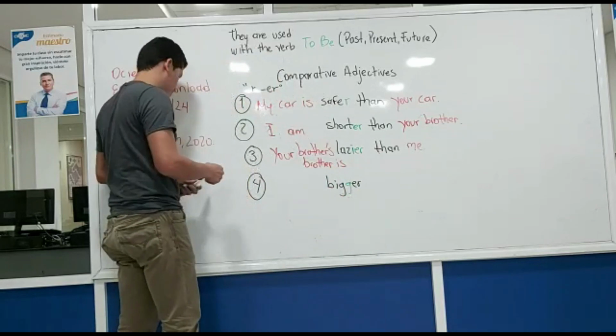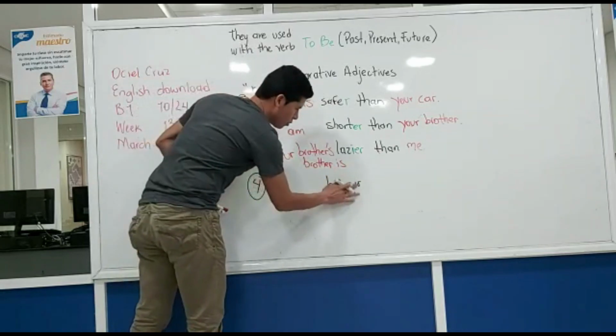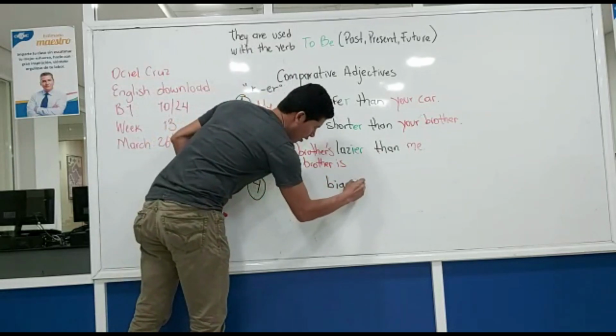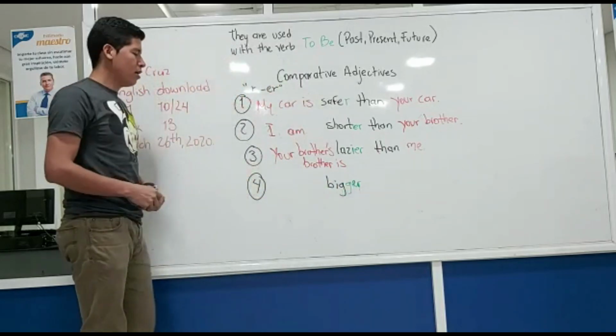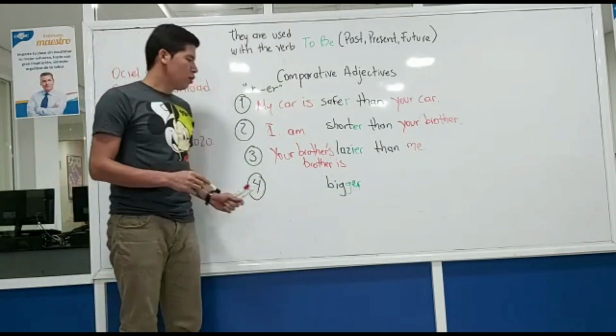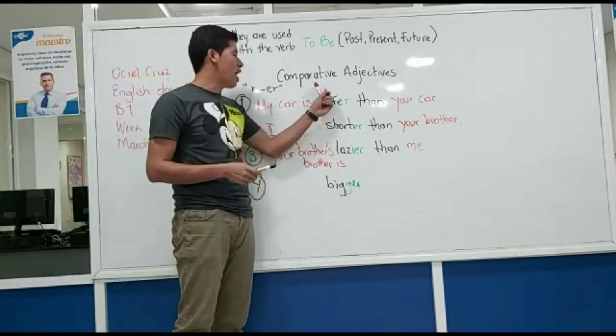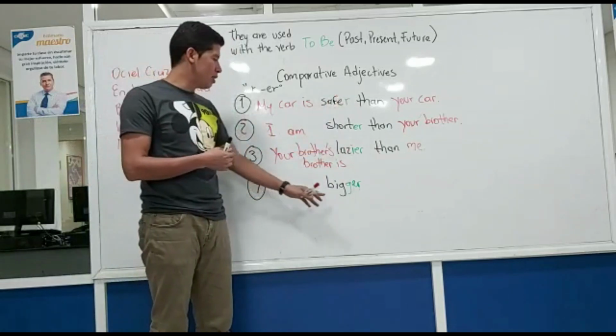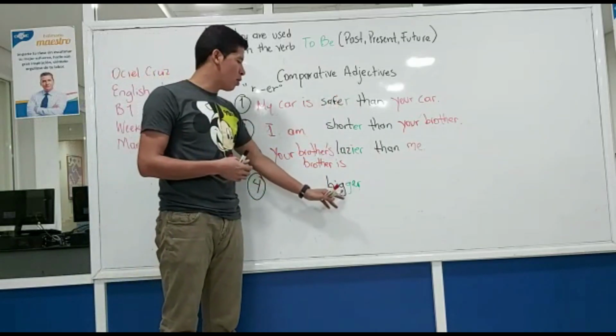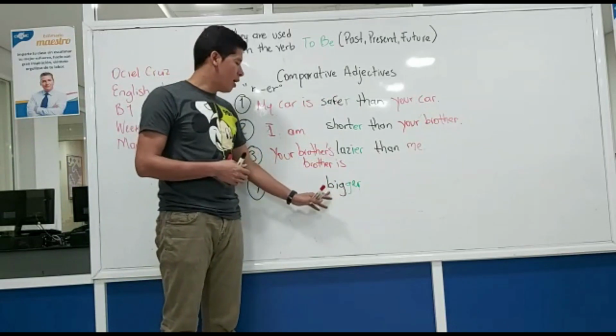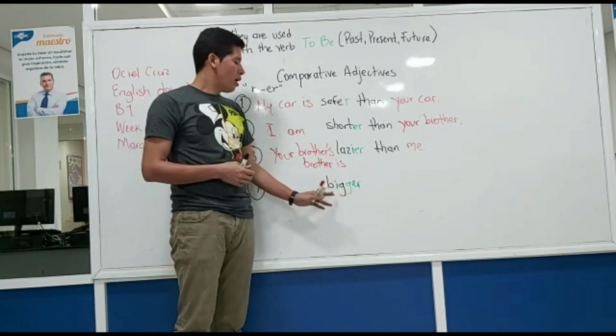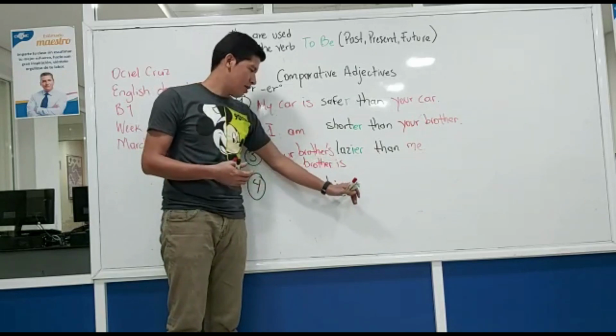Okay? ER. Bigger. Okay? And in this rule you need to understand that when you use adjectives formed by consonant, vowel, consonant,